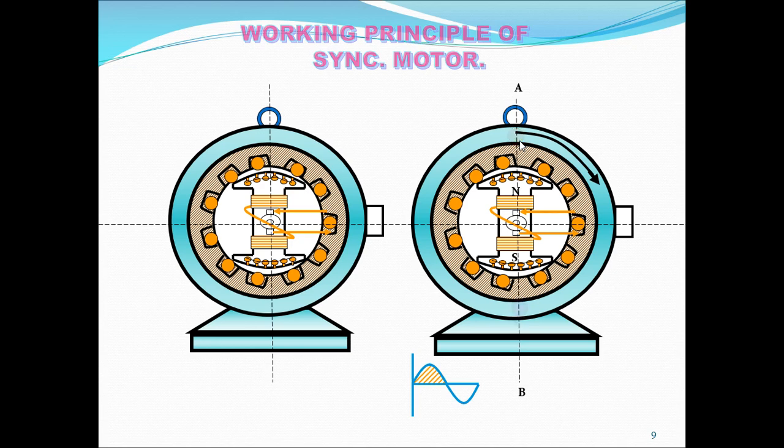When magnetic locking happens, then what happened? As the stator magnetic poles are rotating automatically, the rotor poles which are locked with the stator magnetic poles also start rotating and produce a torque in one direction. When it starts producing the torque, it produces current. And suppose the rotor is rotated near the synchronous speed, so here like this it has to start.